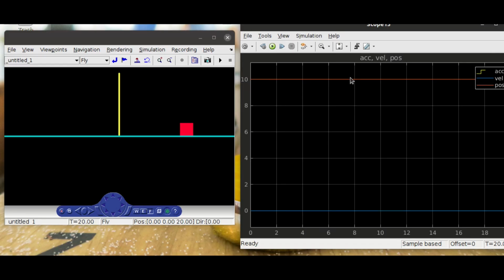On the left of the screen you can see the VR world simulation. In this there is a red color block moving on the blue color plane. You can see a yellow color line in the center that represents the origin. Everything on the right of it is positive and on the left of it is negative. So right of the yellow colored line is positive in position. So as the block moves further towards the right, the position is more positive. Similarly on the left side,